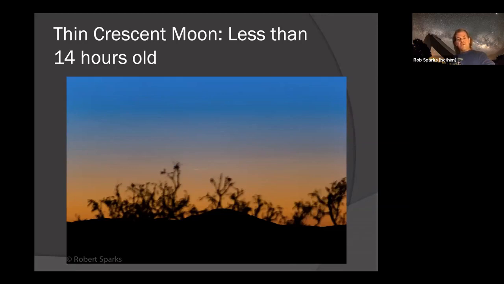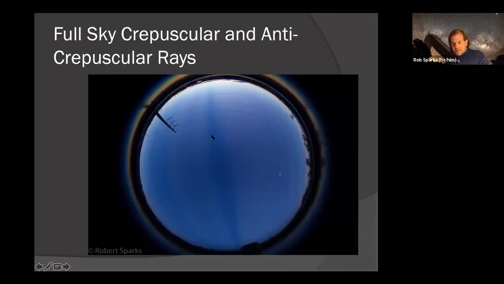And of course, interestingly enough, I've also tried moons that are 15 and 16 hours old and not gotten them, again because the sky has to be very clear. So I've actually had moons that are a couple hours older than this that I have not successfully gotten. So sometimes I just get just the right conditions.